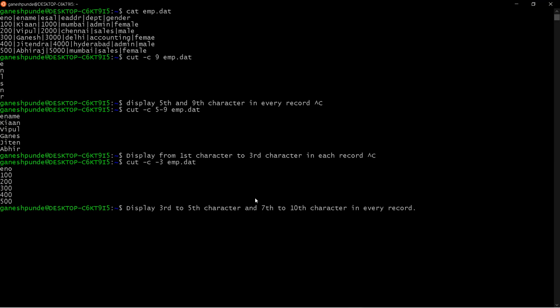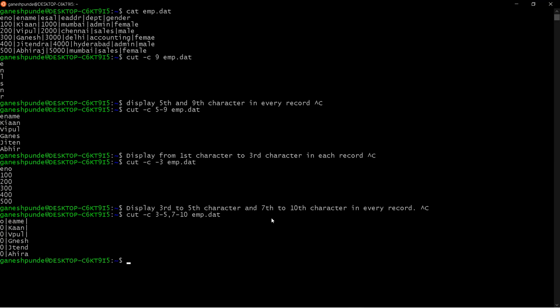Suppose this is your requirement. Now if you want to write a command, you can say cut -c, and then 3-5, and another range you can say 7-10, from emp.dat.